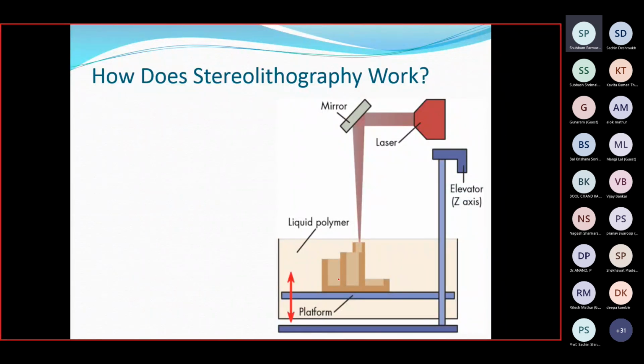Then at last, we bring this hardened part out of the liquid polymer, and that is how we get our 3D object, the model which we have generated.